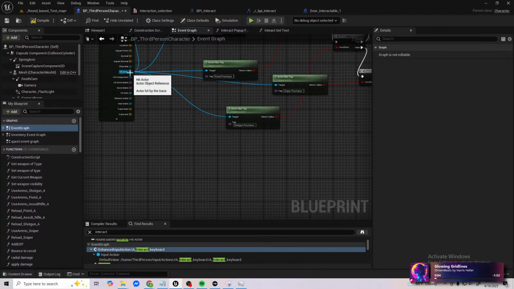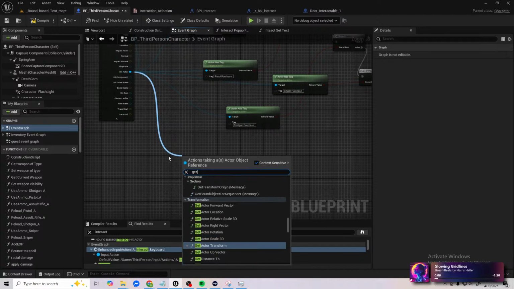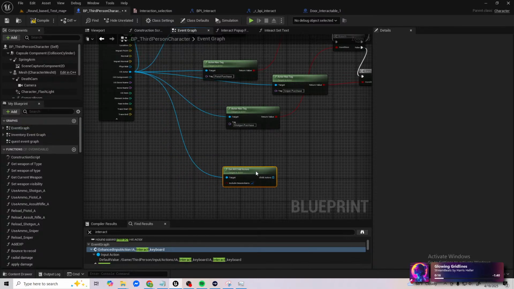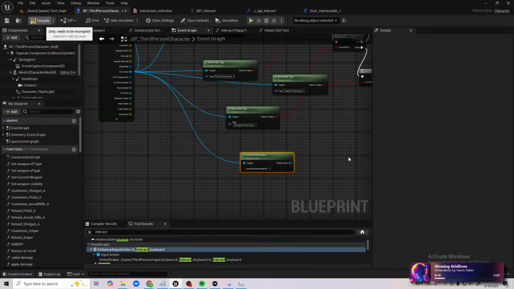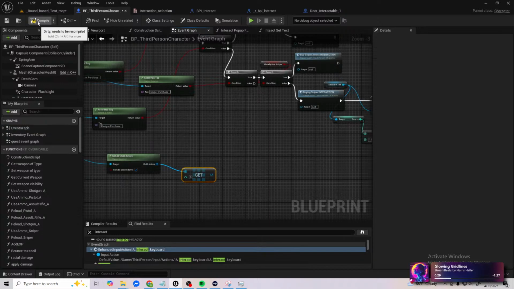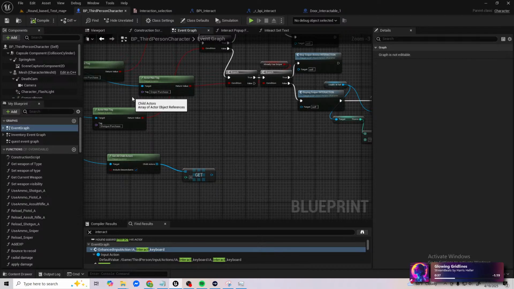I think maybe we have to do get all actors, get all child actors maybe. Get all child actors. Compile first. Then we want to do a get copy node. Let's compile it real quick too. I don't know why you have to, but it works. And then